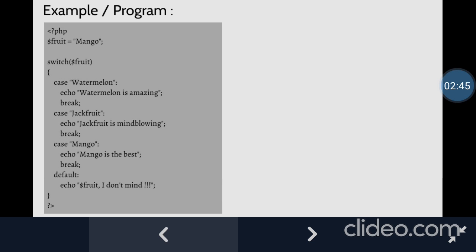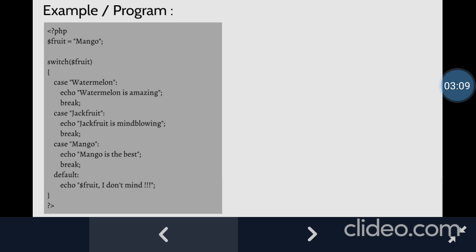No. So we will not print. Second case is jackfruit. Does mango match with jackfruit? No. So this statement also we will not execute. Case 3. Does mango match with mango? Yes. So we will execute echo mango is the best, and we will stop the execution here.